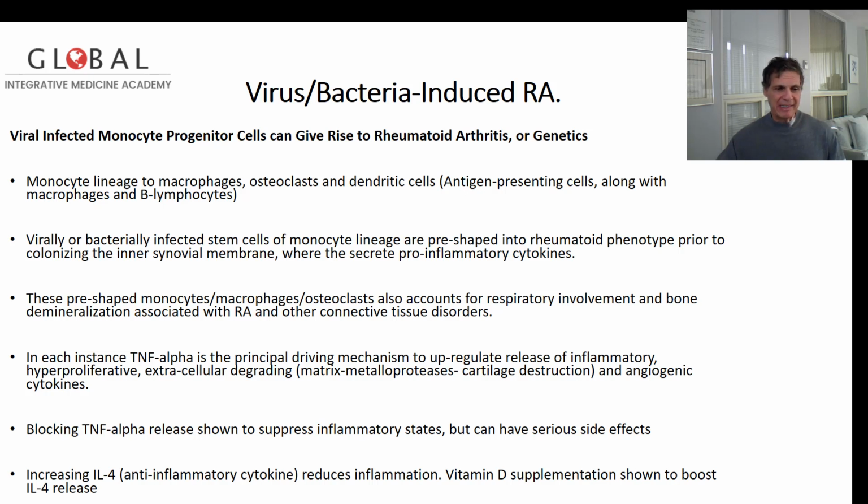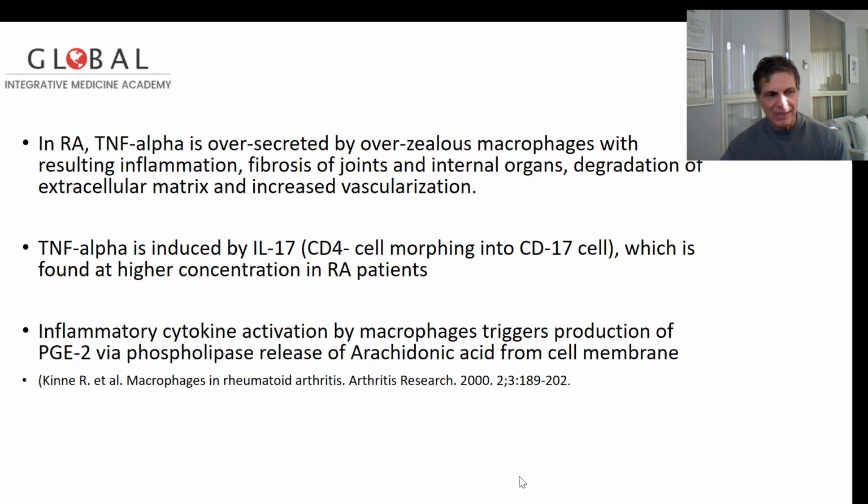And also upregulating the increase of interleukin-4 has an anti-inflammatory effect. So that's nice to get more interleukin-4. And vitamin D supplementation has been shown to increase interleukin-4. It's one of the ways that vitamin D, we think, is helpful in MS and other autoimmune diseases, including some inflammatory bowel diseases. So in rheumatoid arthritis, TNF is over-secreted by overzealous macrophages with resulting inflammation, fibrosis of the joints